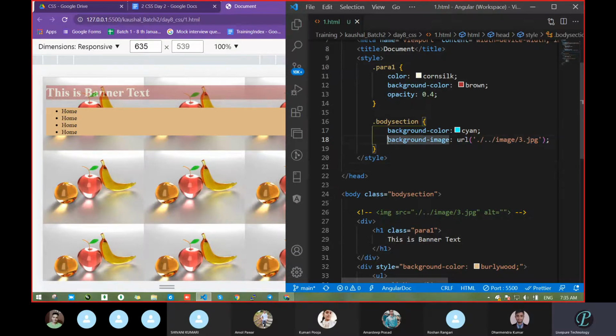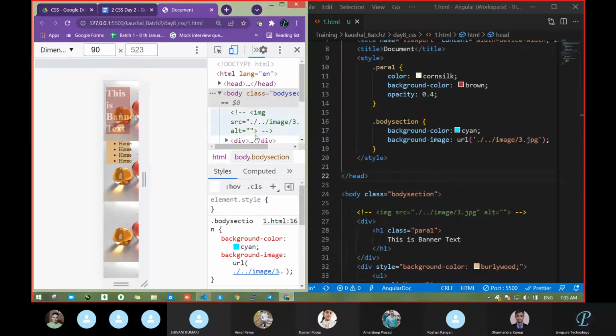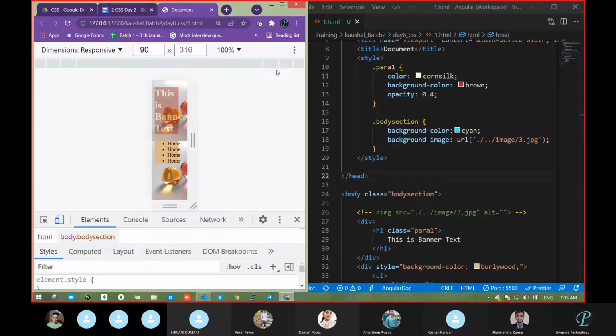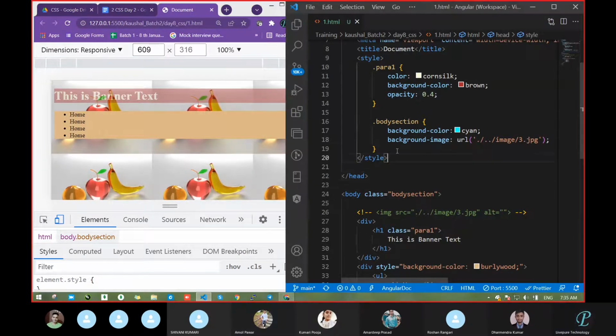And one thing, what is the name for the left side and right side of the colon in CSS? Can anyone tell? Any idea? Suppose color is written and a colon is there.